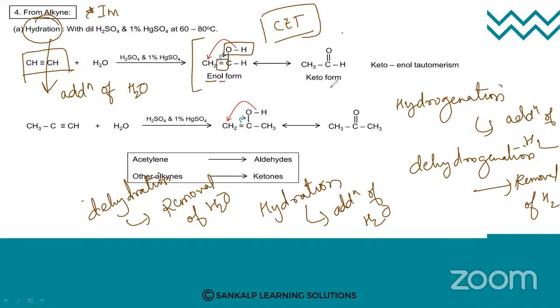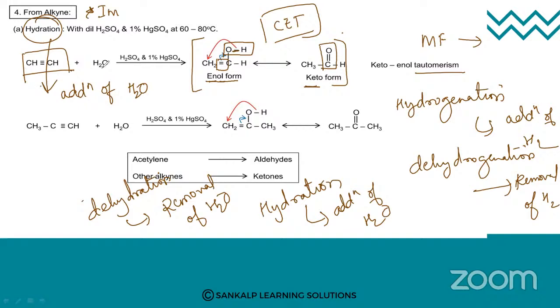So this undergoes tautomerism. Tautomerism means the molecular formula remains the same. Only you can see that in the enol form, you have a double bond and an alcohol group, and it will go from enol form to keto form. So it is forming a keto group. So this is called tautomerism. So when I take ethyne and add a water molecule,